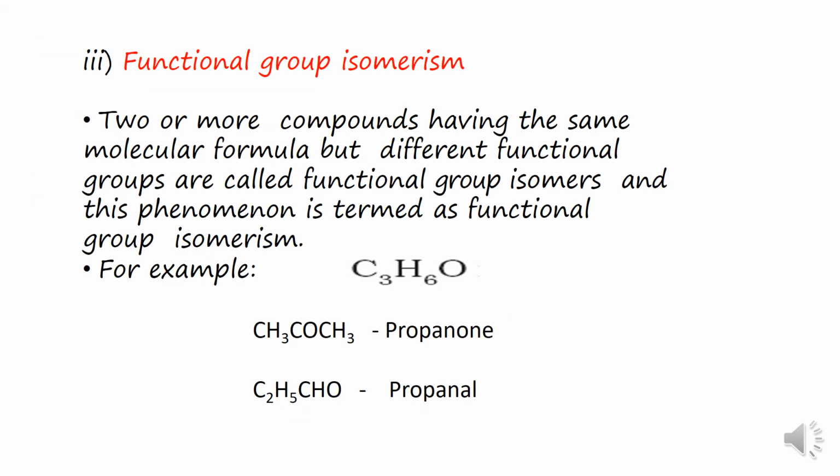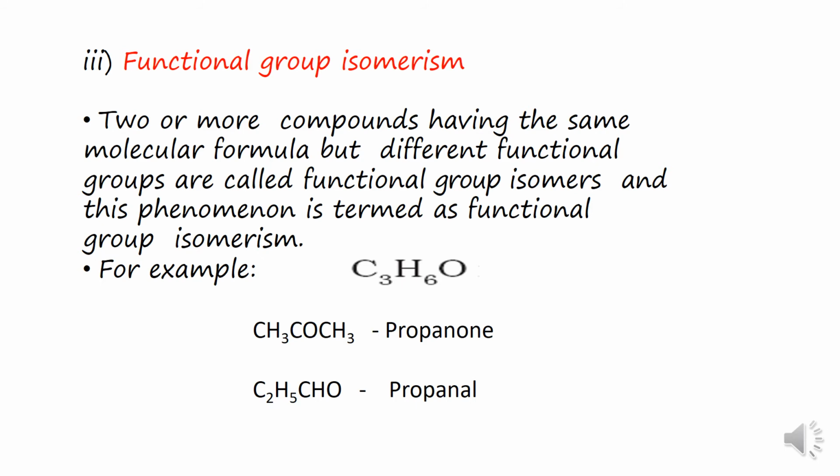Now the third category is functional isomerism or functional group isomerism. Children, in this kind of isomerism you will see two or more compounds that have the same molecular formula, but they have different functional groups. That is why they are called functional group isomers. For example,